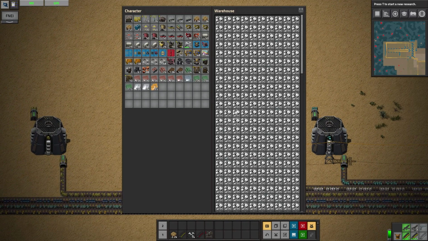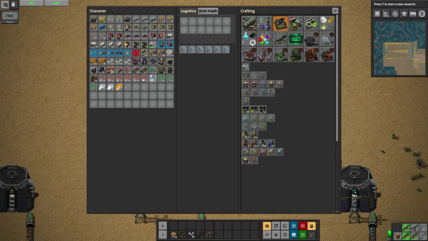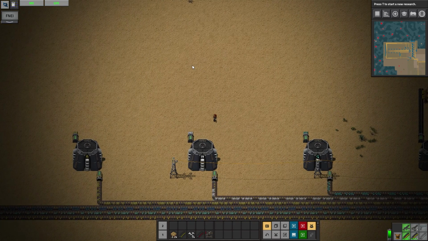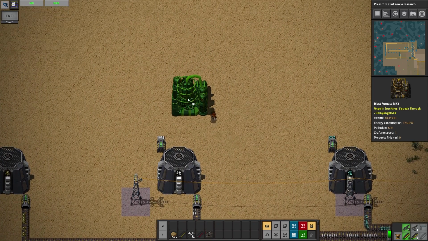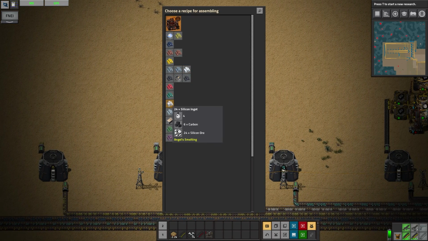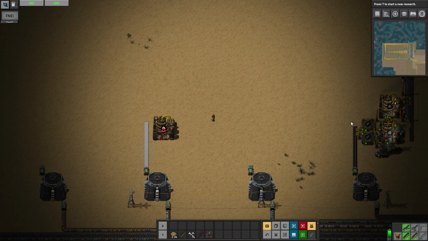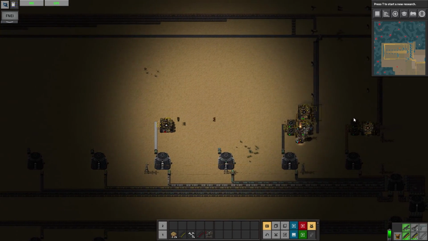Silicon. Let's see, can we process that? For some reason, I was thinking that we might. No, we cannot do that yet. So, for now, we'll just go ahead and blast it. You just require carbon. Give us a little bit of priority to work on as far as